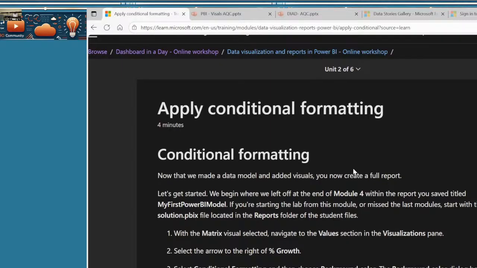Here's the thing. It's Microsoft. But no, Power Query Online is similar to the desktop version.